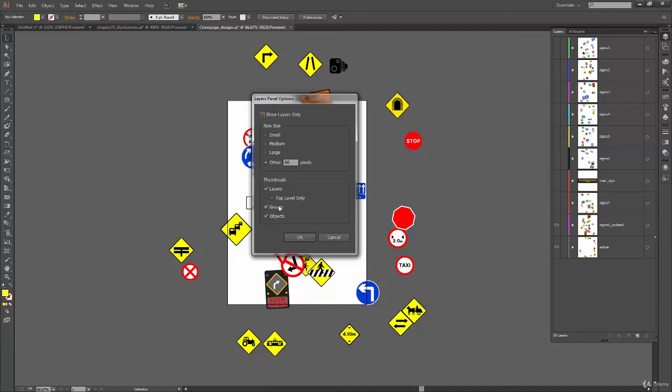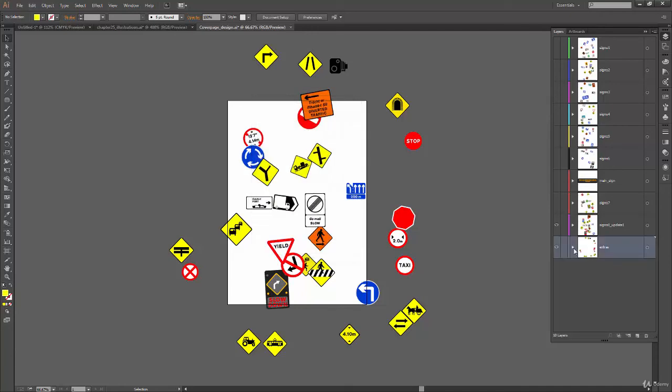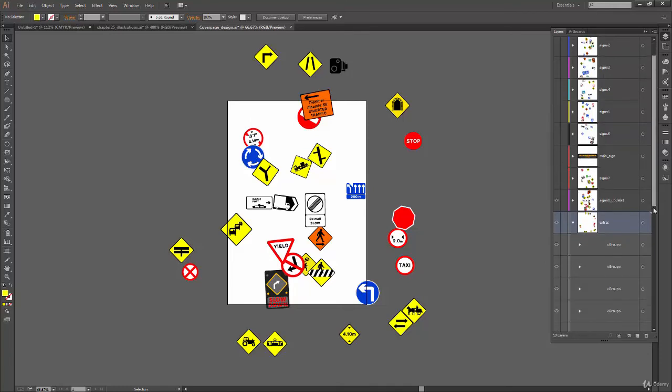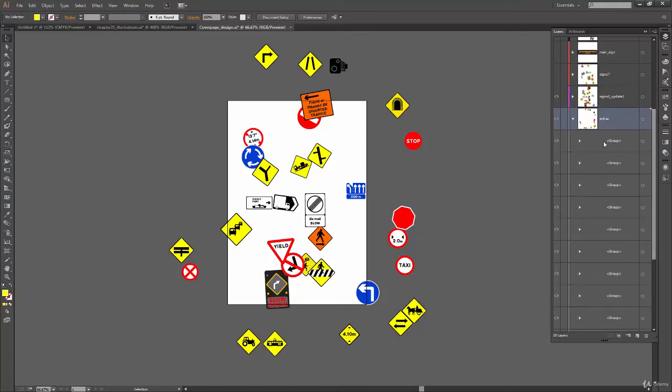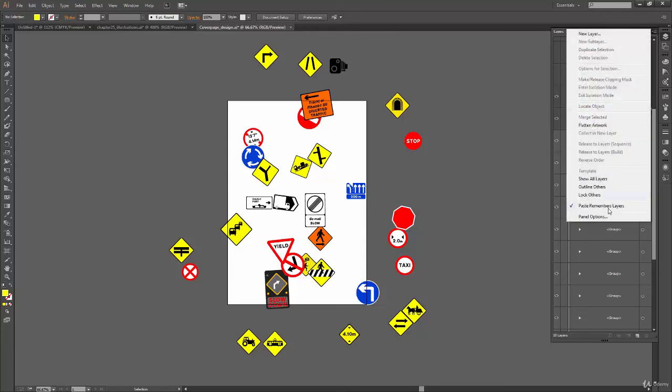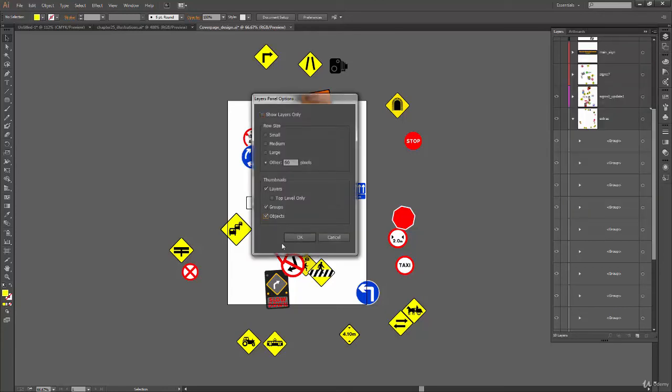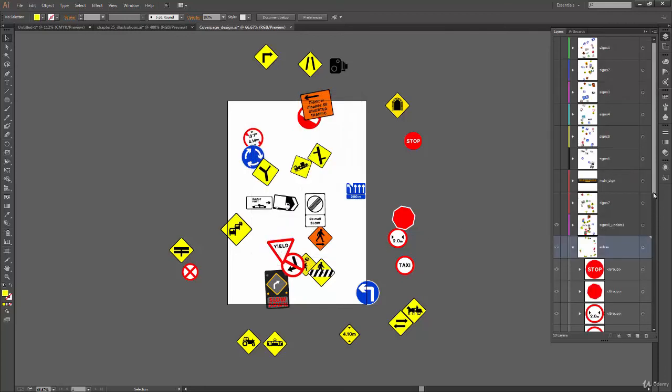If I uncheck this group and objects and click OK, you can see in groups, no thumbnail is visible. Even for the shapes, there is no thumbnail. There is a thumbnail for the layer only, but not for other objects. Whereas when I check both of them, I get thumbnails for all these things.